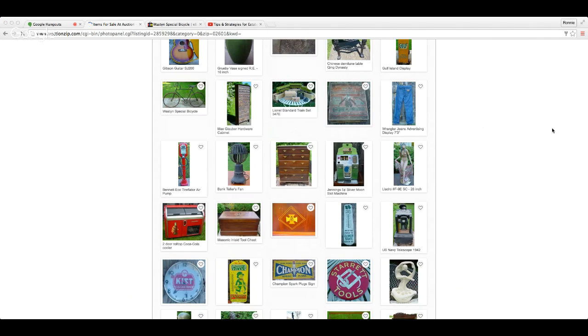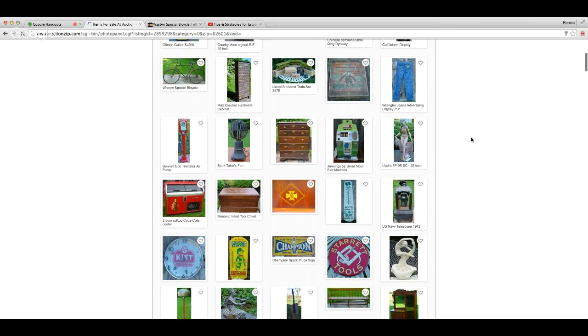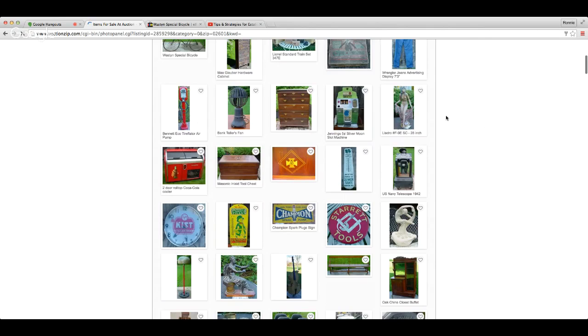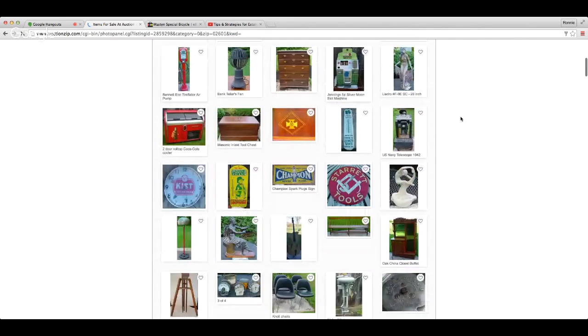Wrangler jean advertising display, 7'3". It seems interesting, but something I would not pick up. Old vintage air meter. I mean, some really cool stuff that looks to have been refurbished. This one had a lot of cool things, like if you knew, you could, if you had the money. Here's an old U.S. Navy 1942 telescope. That thing is just interesting. I don't know where you'd find a buyer for that, but